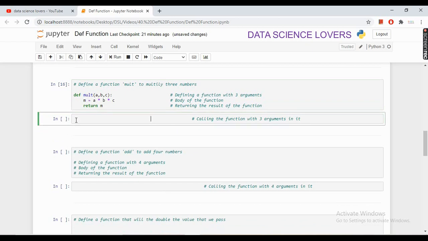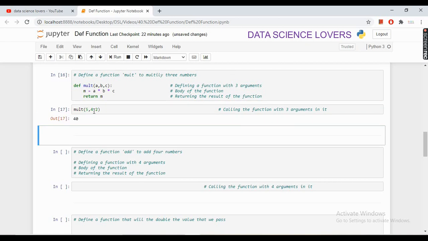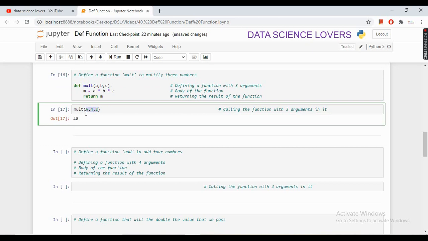Now to call this function, we have to write our function name. My function name is mult here, and in the parenthesis we have to pass our three arguments. If I pass 5, 4, 2 and run this, then it will show the multiplication of these three numbers. 5 into 4 20, into 2 40.